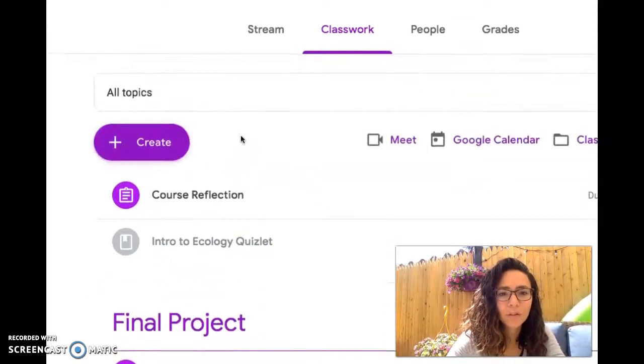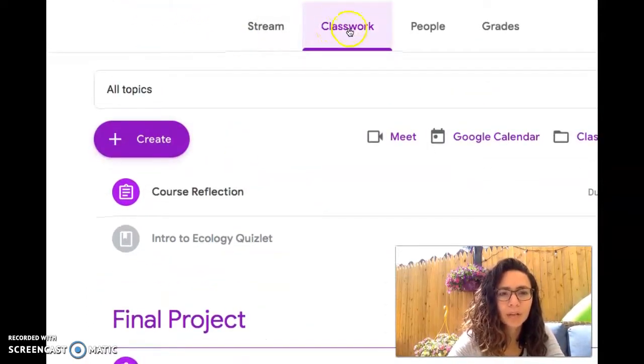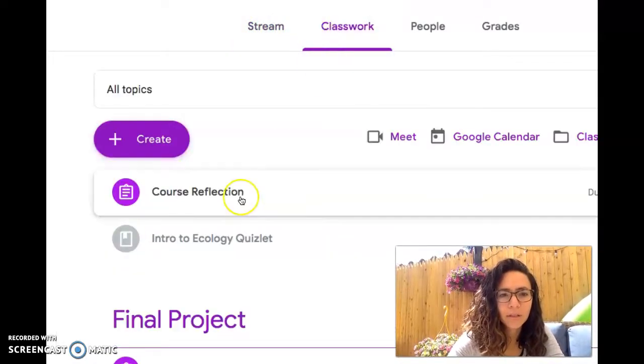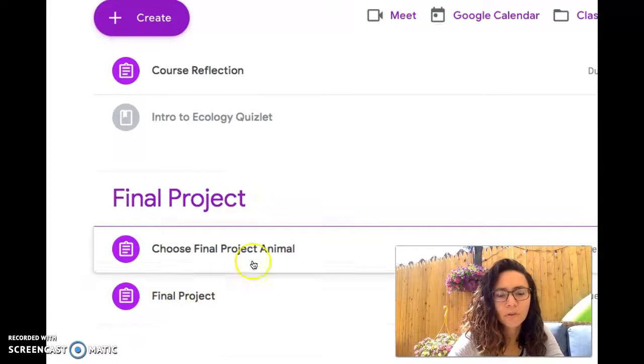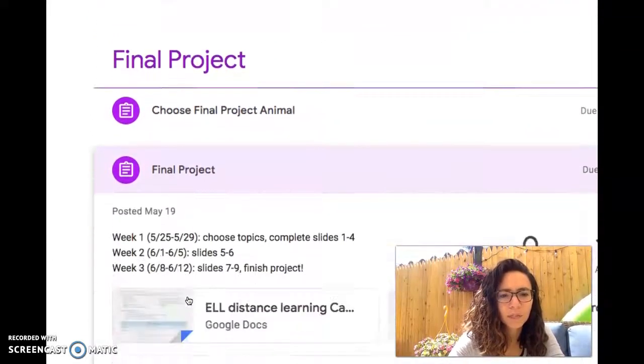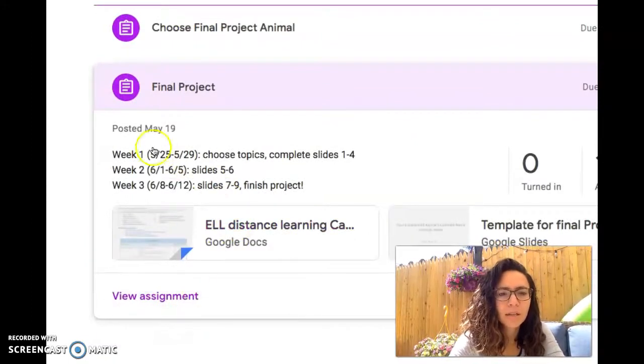So what you're going to do is go into Google Classroom, click on classwork, and down here there's a whole folder called final project. If you click on the project, you can see the dates that things are due. This week you're going to be choosing a topic and doing the first 4 slides. Next week, you'll do slides 5 and 6, and the third week you'll do slides 7 through 9 and